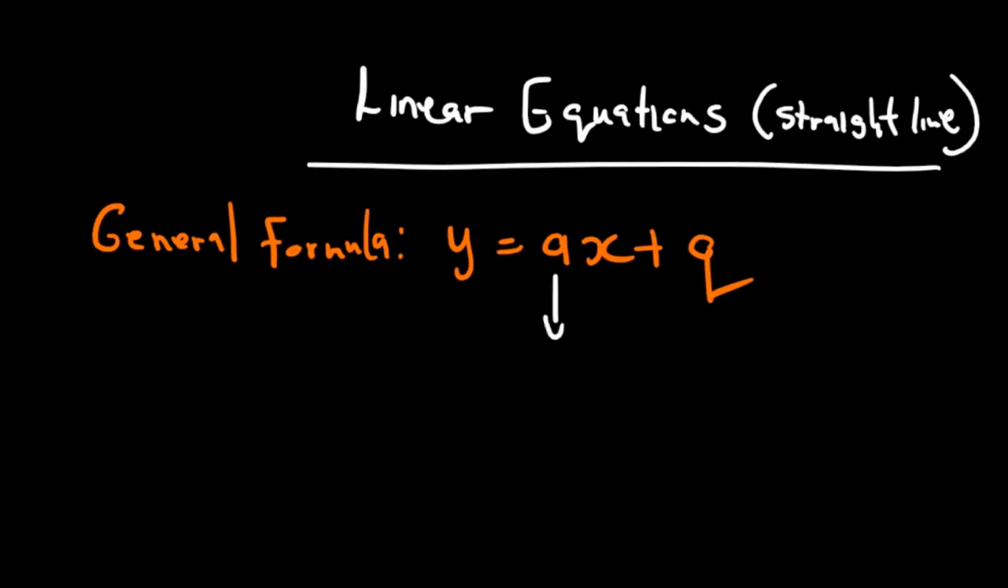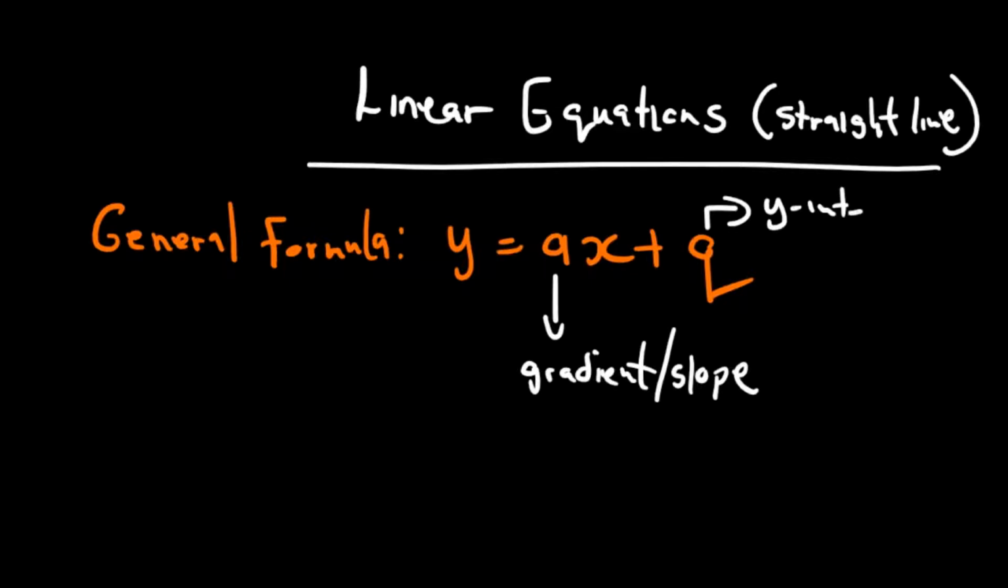So the a is the gradient, or you can say it's the slope of the straight line, and then this q here is going to be a y-intercept, and then this x here is just your x value, and this y here is going to be your y value. Right? So let's first discuss the a,